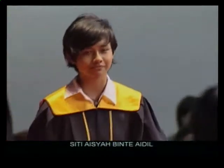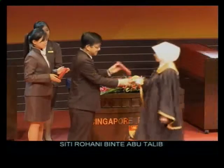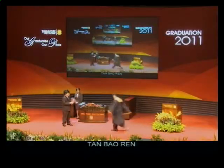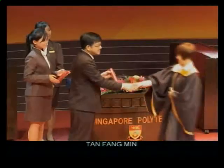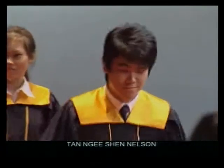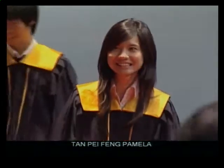Siti Aisha binti Aidil, Siti Rohani binti Abu Talib, Surya Linga, Tan Bao Ren, Han Fang Min, Tan Jiajun Lewis, Tan Nisha Nelson, Tan Pei Feng Pamela, Tan Pei Ru,